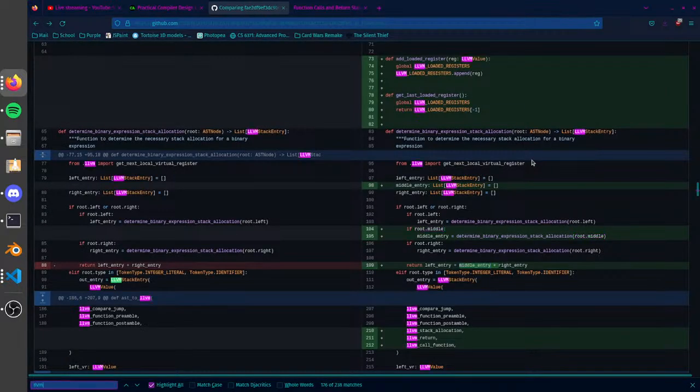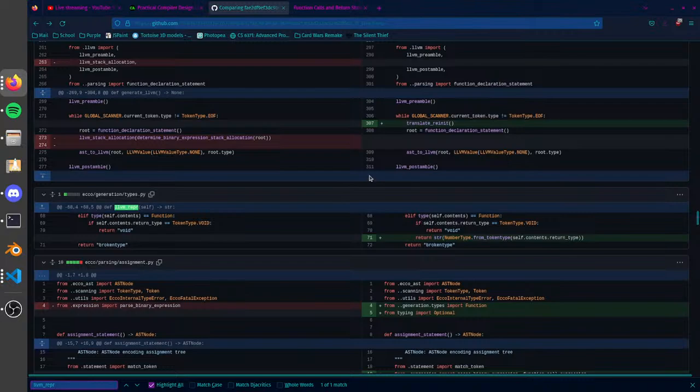And finally, in this LLVM representation function for the type class, I added an extra case to make sure that if you've got a function, you're always returning some manipulation of the return type. You should convert it from a token type into a number type as long as it's not a void. And finally, I have added in a